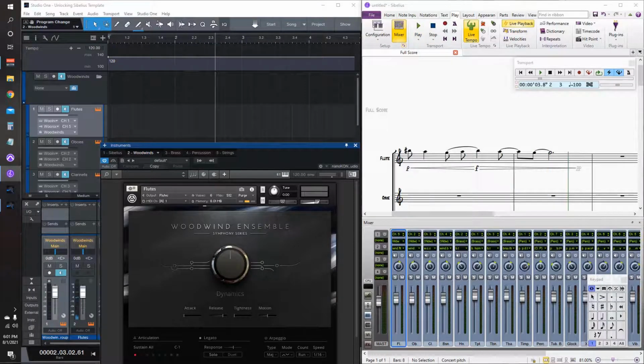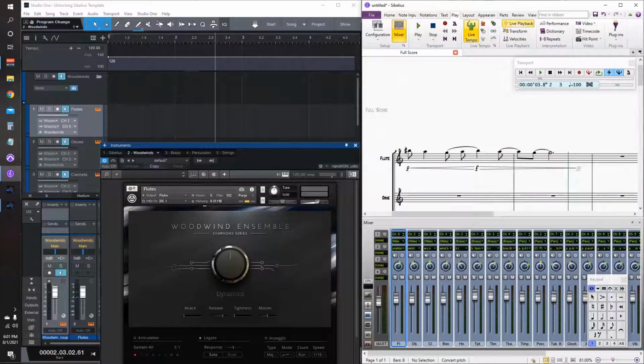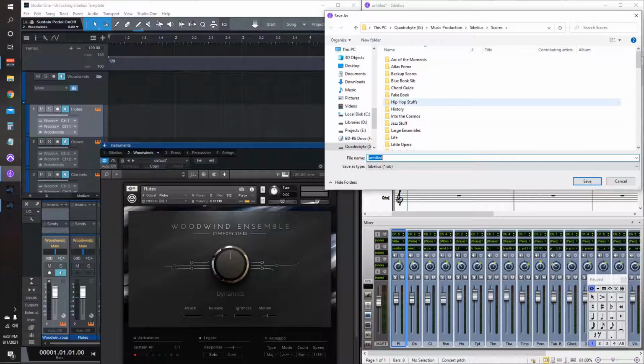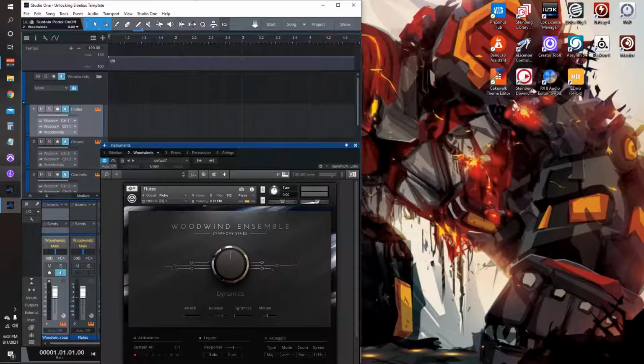All right, that still did not solve it, so I don't think that's the problem. I think I do know what the problem is. And the problem is that after you make life-altering decisions for Sibelius like this, you gotta reset it, essentially. So just close it out entirely, and then you can either open Sibelius the normal way you usually do, or